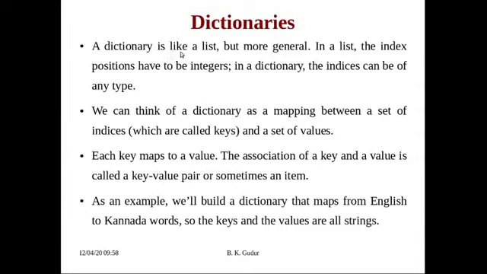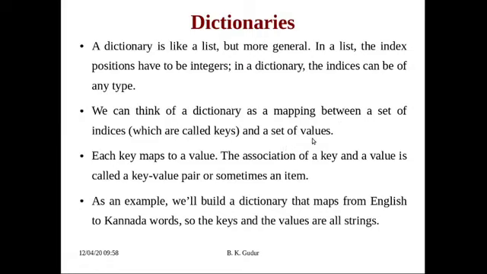A dictionary is like a list only, but more general. In a list, the index positions have to be integers, whereas in a dictionary, the indices can be of any type, maybe integer, or say for example float, or even maybe string. We can think of a dictionary as a mapping between a set of indices, which are commonly called keys,